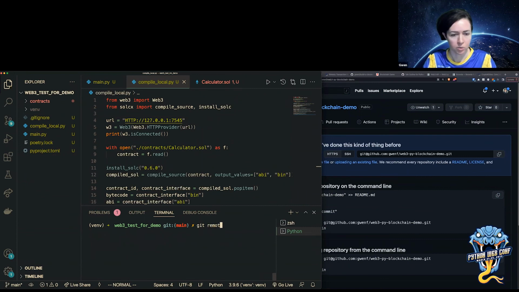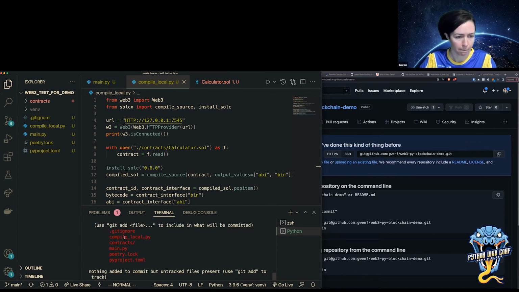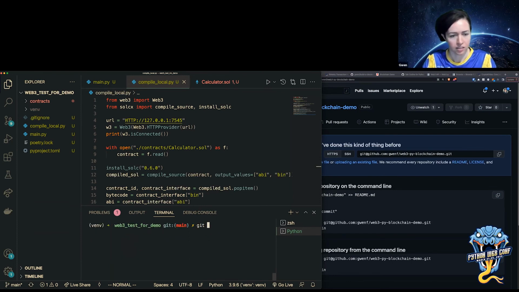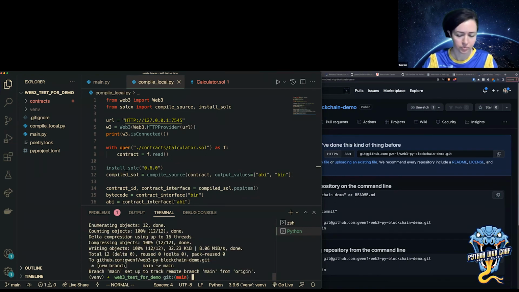Do git remote add origin, and git add, and then git push origin.